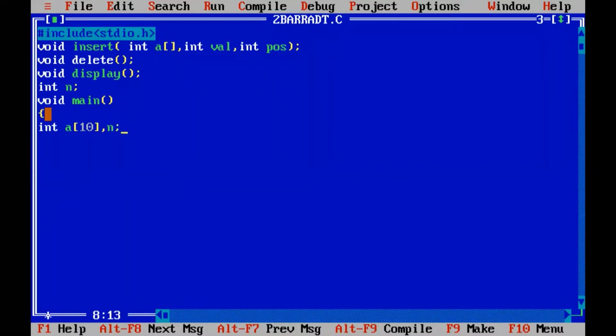The other variables we will declare whenever we are using them. For the time being, we need the number of elements in the array and the array itself. First we have declared the array and the number of elements in the array. So now we will be seeing printf. Now we will ask the user to enter, as usual, for sorting also we were doing the same thing.